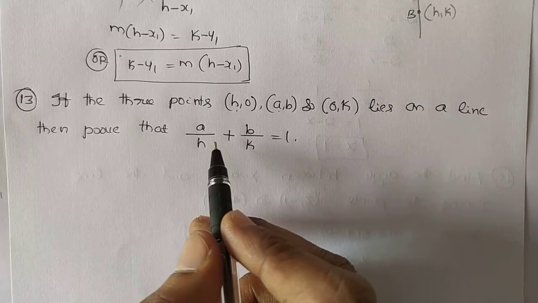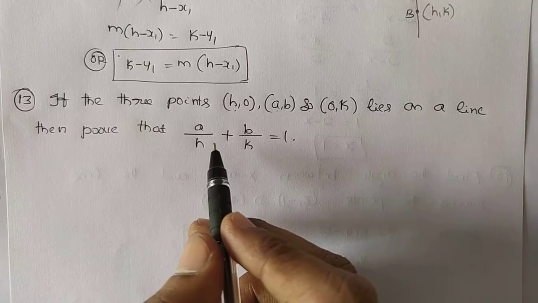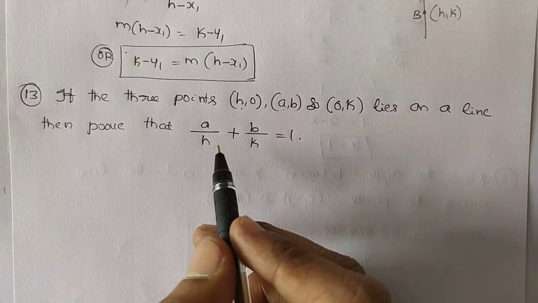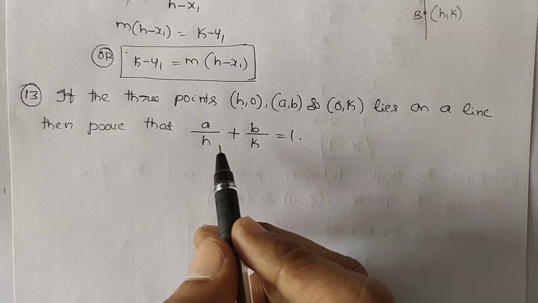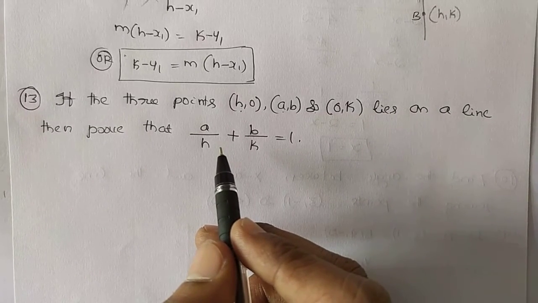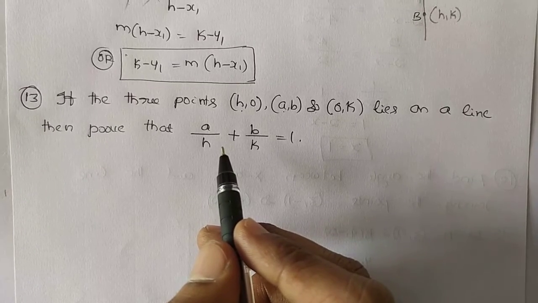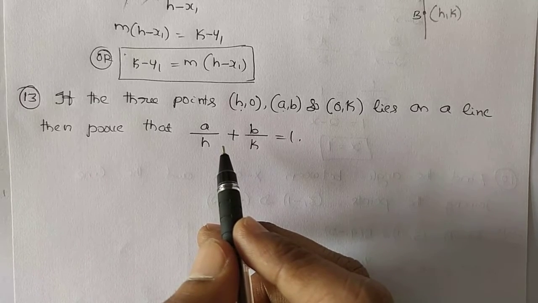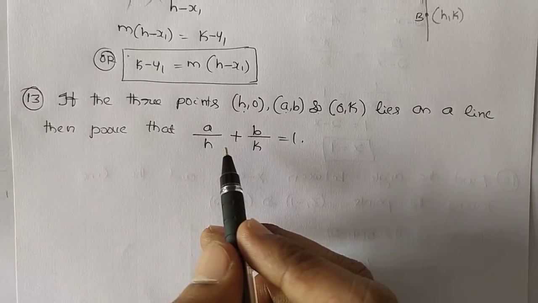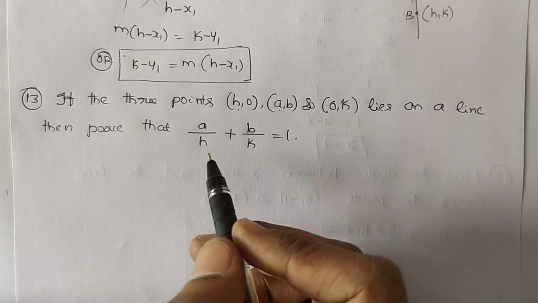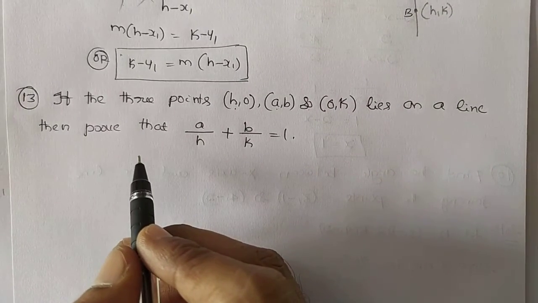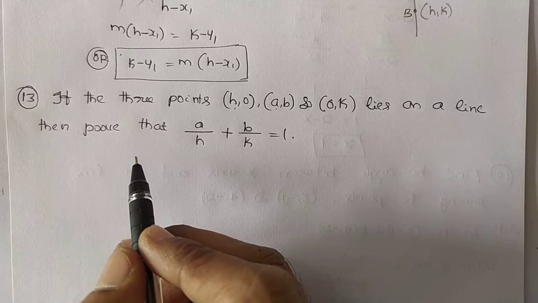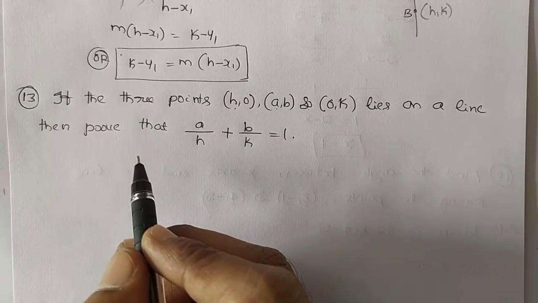Now, this question belongs to collinear points. This type of question we already solved. That question number is 8. See question number 8 and what we have done there, those steps we will follow again. We know what is meant by collinear points. If 3 or more points lie on the same line, then we can say the points are collinear points, isn't it?